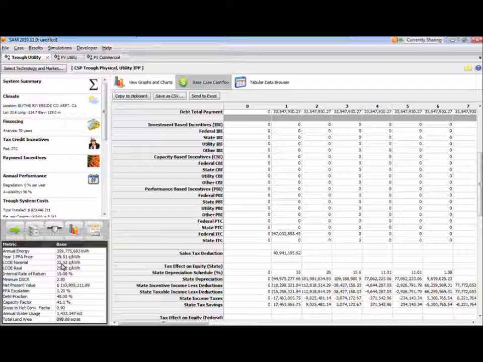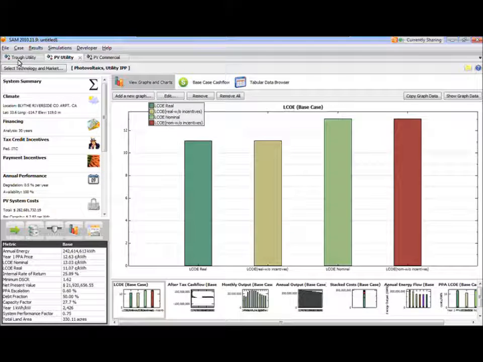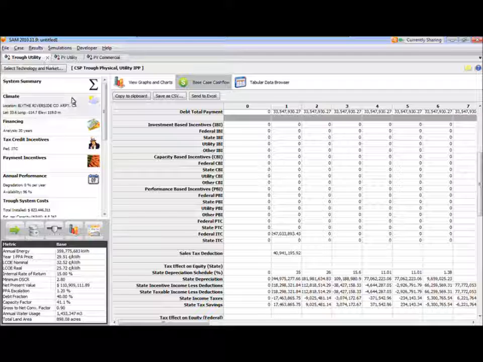The fact that I just ran this case by changing a few inputs from the defaults, and it's showing me that PV is quite a lot cheaper than CSP, doesn't necessarily mean that that's the case. You have to go through and check all your